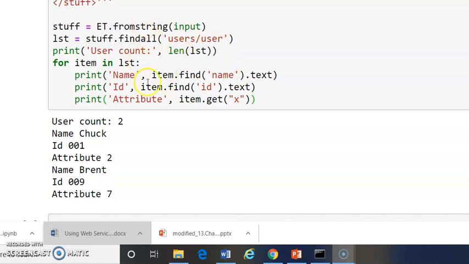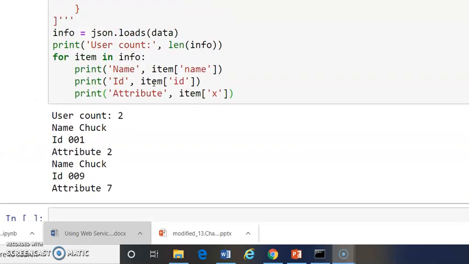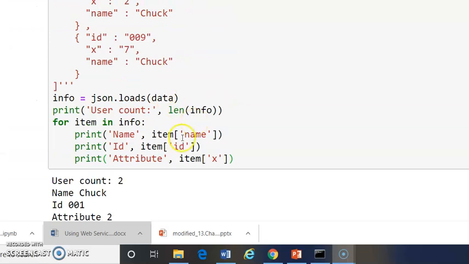But when we compare this script with the JSON script we have written in today's class, this looks simpler and easy to understand. With this, what we can conclude is, if you have an option to choose XML or JSON, we go for JSON because it looks simpler, is easy to understand, and we can build it easily. That is the reason why JSON is overriding the XML.